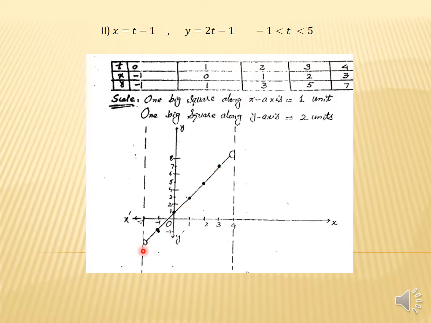Now student, you know that y equals x is a straight line. So we draw a straight line. So all these points lie on a straight line. And student, why do we draw these as an empty circle? An empty circle represents that these points are not included in the interval.